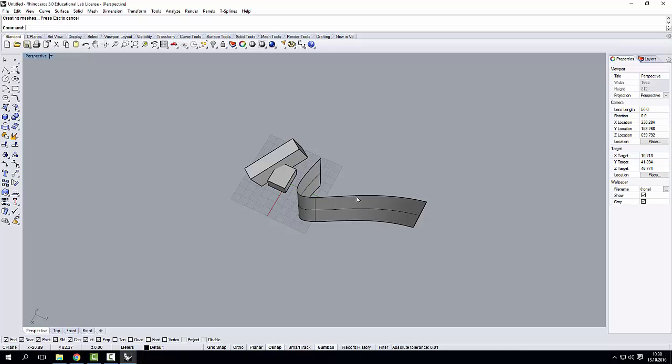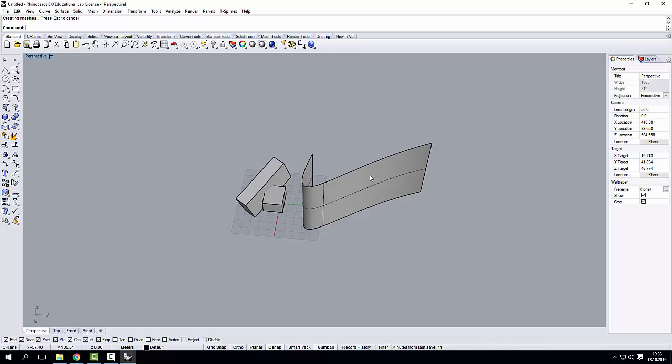Now, this is everything that I wanted to show you about the interface. In the next session, we're going to look at selecting, manipulating objects, and creating very basic objects, and I'm going to explain how the measurement system inside of Rhino works. Okay, so I'm just going to delete this stuff, stop the recording,